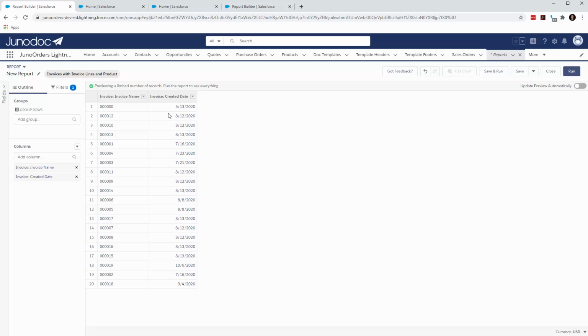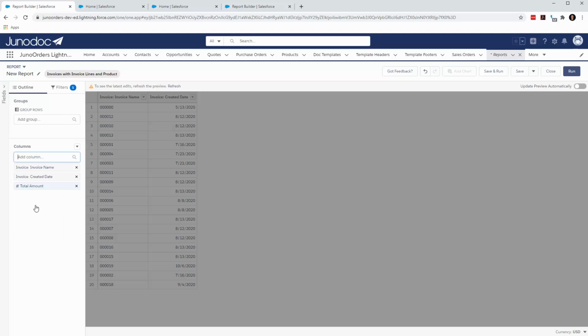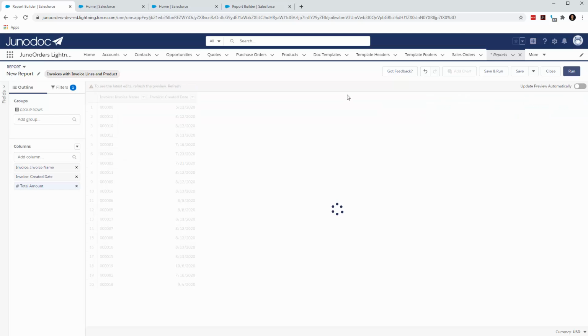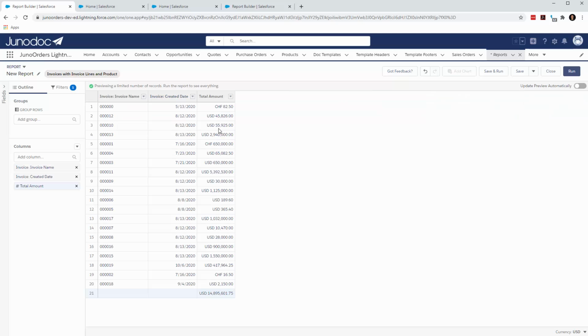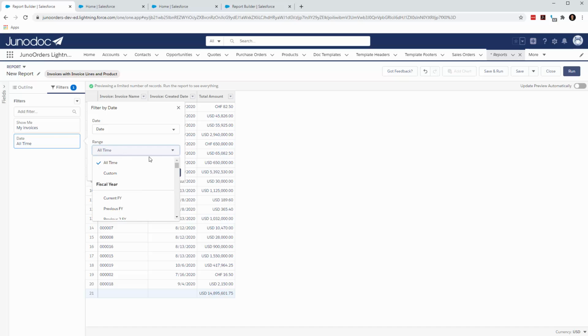Now this allows me to summarize using the date filter. But maybe I need some additional information here. I want the total amount, so I'm going to add that. We'll refresh that. So we've got invoice name, total amount, and again, you can reorder these, drag and drop them. But most importantly, what we want to do here is create a date range, and you can pick from